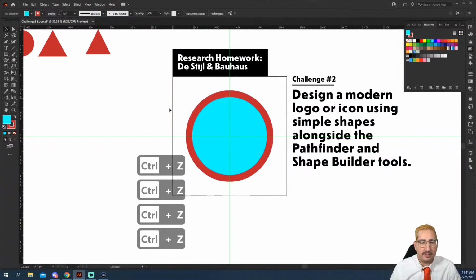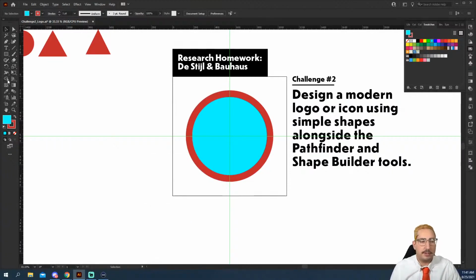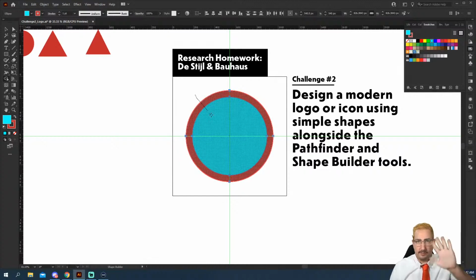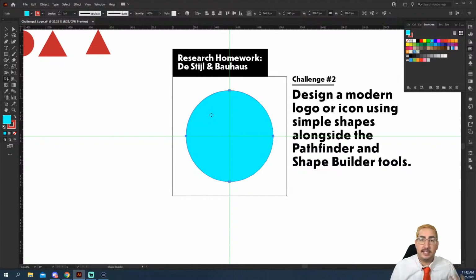Now, another thing that we can do is we can undo all of that, and with these two shapes, we can use something called the Shape Builder tool. If you haven't used the Shape Builder tool and you're just using Pathfinder, you can save a bunch of time using the Shape Builder. As we grab this tool, we can select our objects right here and grab the Shape Builder tool. You can see that we're getting a little bit of a mesh over here. What that does is it's showing us the two different shapes that could be built here. Now, if we click and drag over both of these, you'll see that it's going to join us. So this hand isn't doing anything. We're not touching the keyboard. We're just clicking and dragging, and it will join those together.